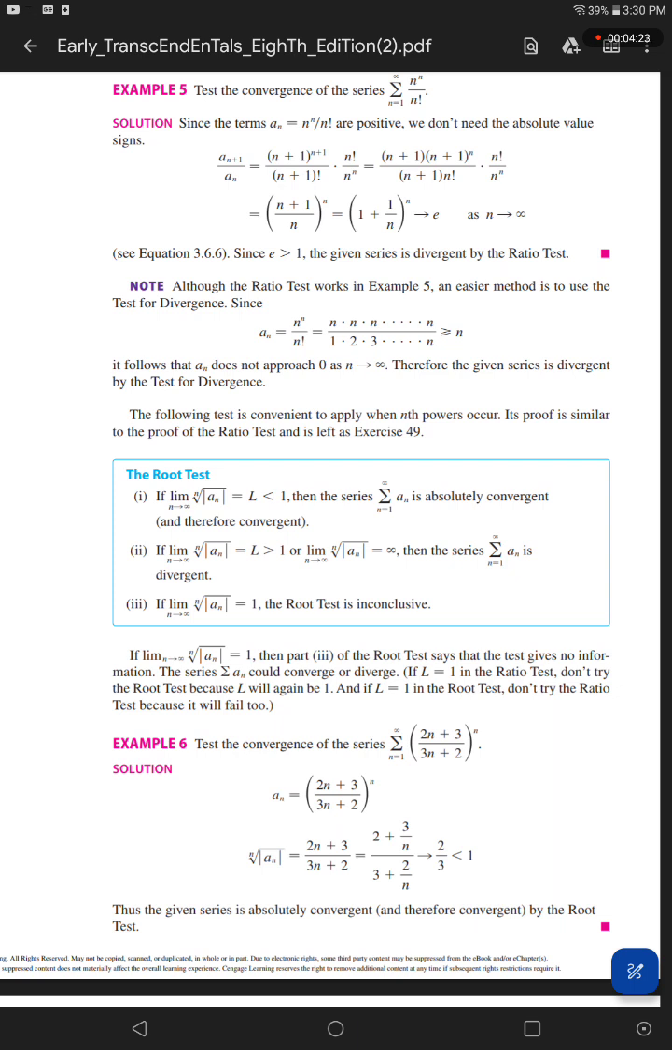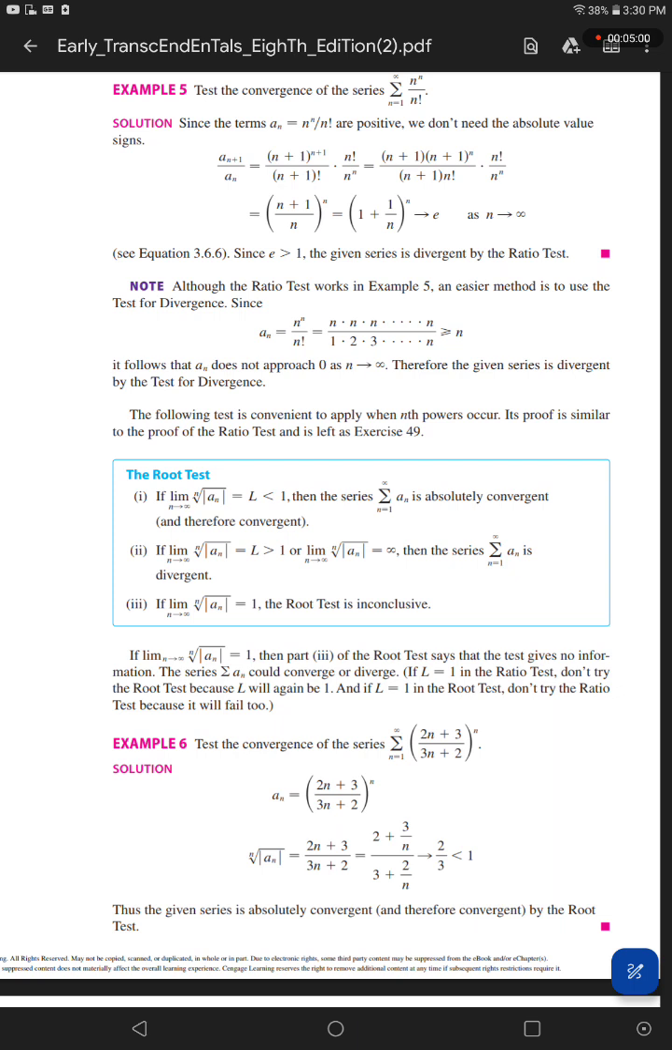Number 3, if the limit as n approaches infinity of the nth root of the absolute value of a sub n equals 1, the root test is inconclusive. If the limit equals 1, then part 3 of the root test says that the test gives no further information. The series, the sum of a sub n,